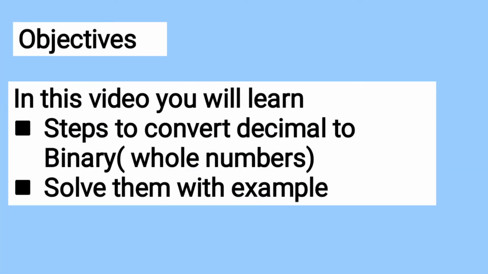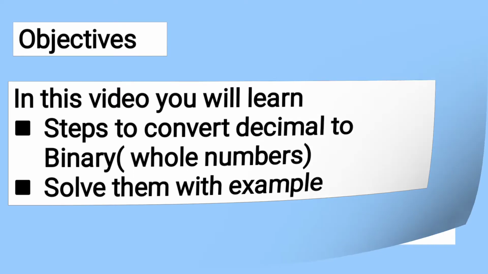There are many types of conversion possible from one number system to another number system. First of all, there are four types of number system in our computer system, which has been explained very beautifully in detail in the previous videos. If you have not watched that video, please go through it so that you get an idea that in the computer number system there are four types of numbers, and from today onwards we are going to learn how to convert from one number system to another. So first, today we are going to convert from decimal to binary. So without wasting much time, let us start with the first example.